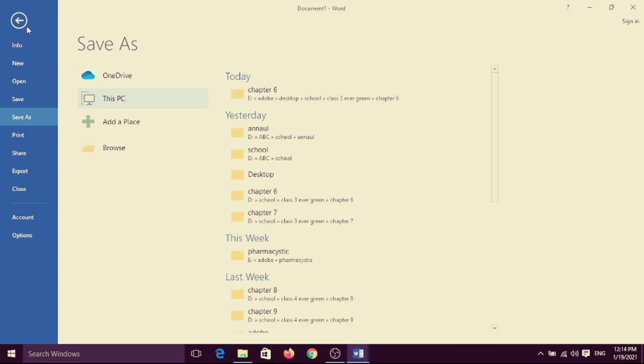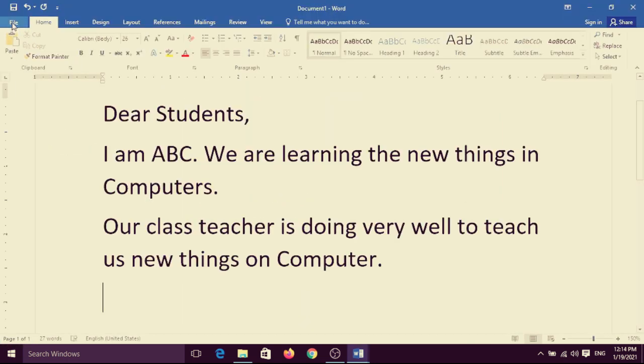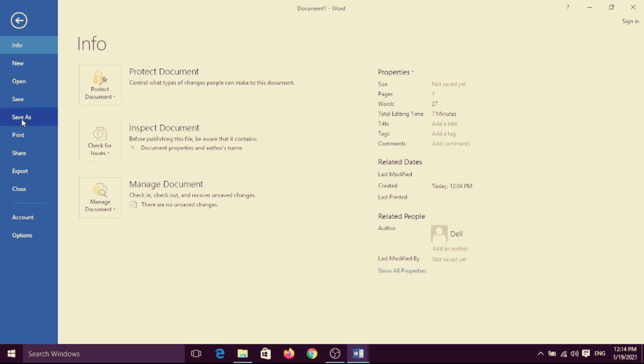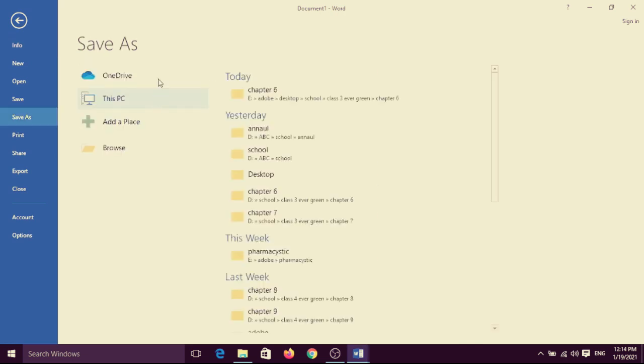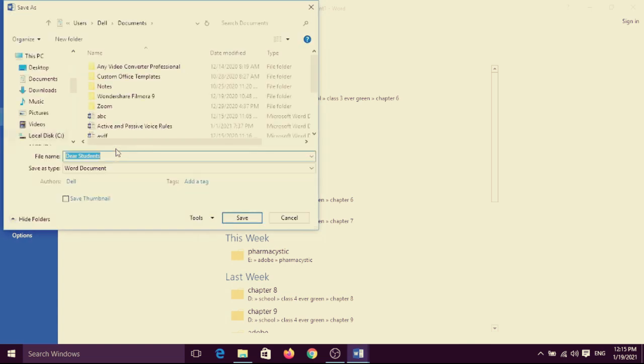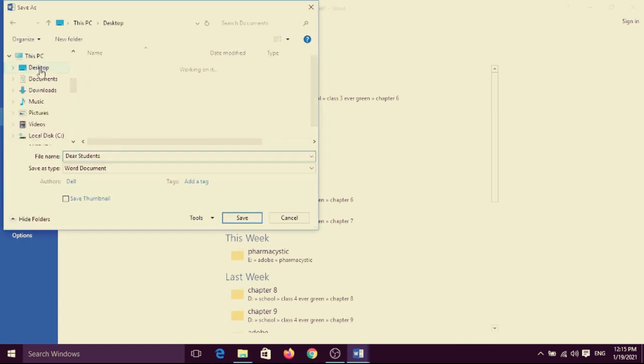Or once again click on the file tab and now choose Save As. That Save As option will also come. Now choose browse where you want to choose the location and click on desktop.